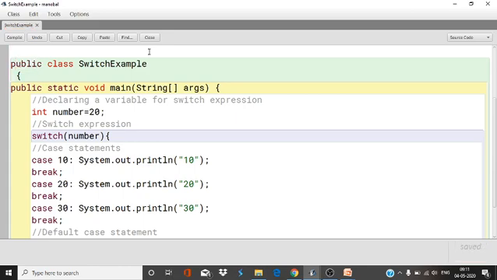So I'm going to use the util package, import java.util.*, and I'm going to accept the value of this number.